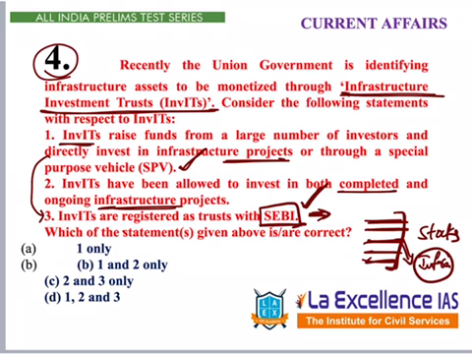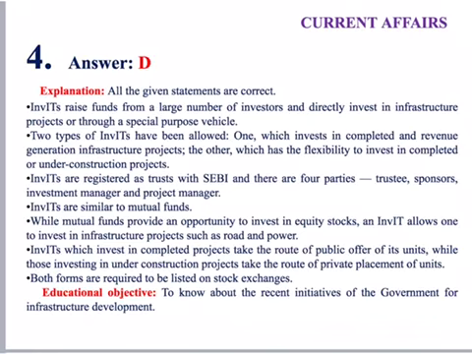So 1 is correct, 3 is correct. 1 and 3 here it's not there, not there, not there. So D is the answer. Even if we don't know whether 2 is correct or incorrect, we can go for the correct answer by knowing 1 and 3 correctly. Here also, even if we don't know explicitly whether 1 and 3 are correct, by logically understanding what these trusts do, then we can keep the answer as D. Here is the explanation for that question. Please go through it once.